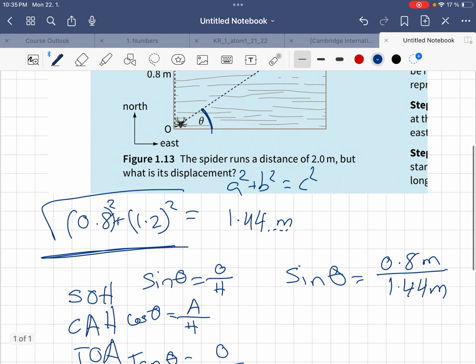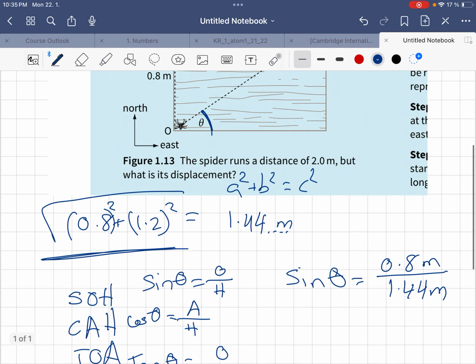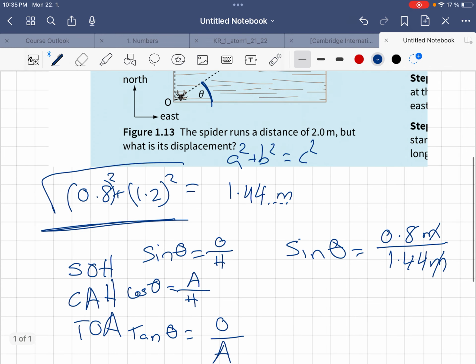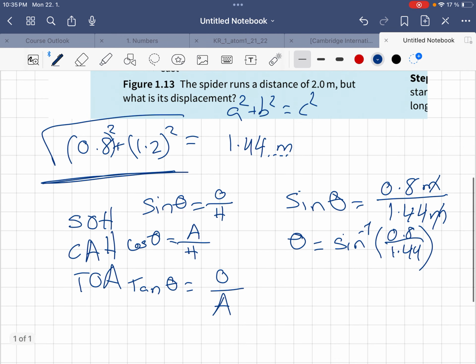Notice that an angle doesn't have a unit. Proof is just that you can cancel these two out. The m's cancel out, so we are left with 0.8 divided by 1.44, and then we just have to write it as theta is equal to sine minus 1, because the inverse of sine is sine minus 1, of 0.8 over 1.44. To make the sine minus 1 in your calculator, just press shift